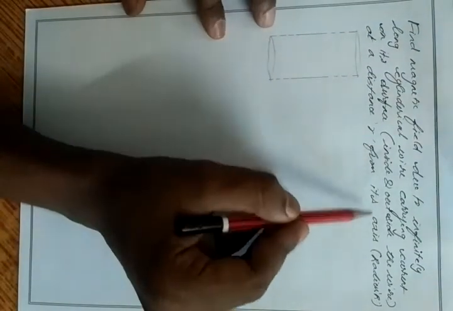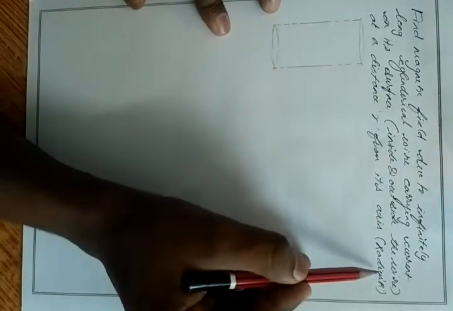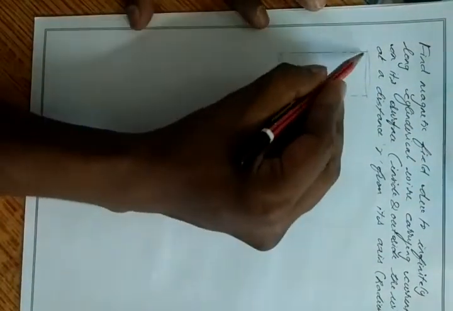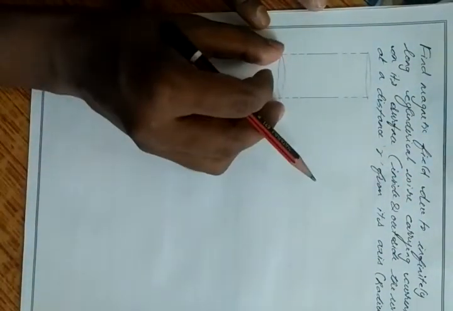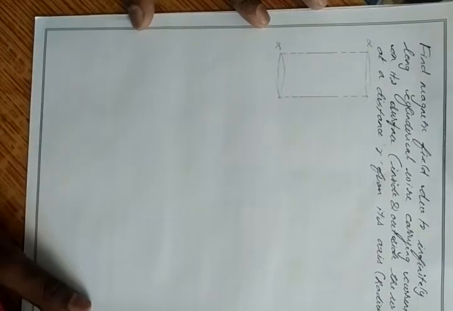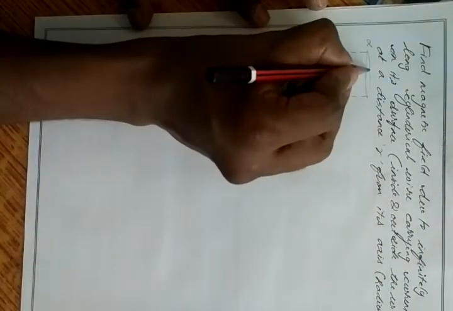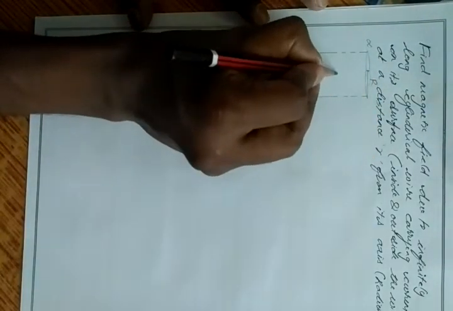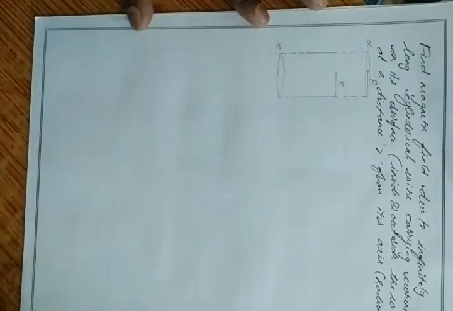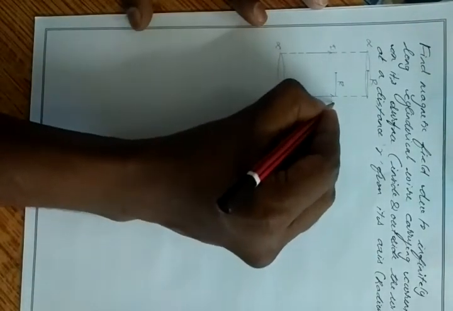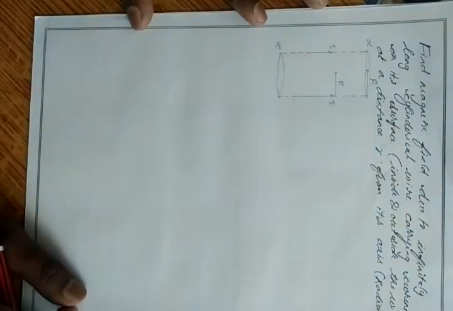At a distance r from its axis, the radius of the cylinder is taken as capital R. Here we have a cylindrical wire which is in the shape of a cylinder. The length of the wire is taken as infinite in both ends. The radius is given as capital R. It carries current on its surface, so I amount of current is flowing through the surface of the cylindrical wire.